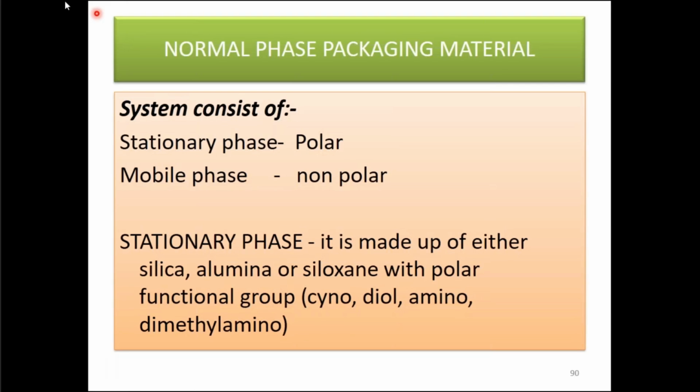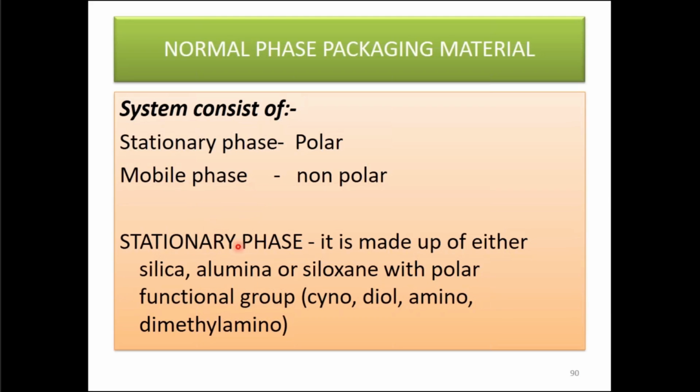So normal phase packaging material. What could be used as stationary phase? When you have normal phase HPLC, the system consists of stationary phase, which would be more polar than the mobile phase. Easy way to remember is, say the stationary phase is polar, mobile phase is non-polar. This is strictly not true always because you may not have a completely non-polar mobile phase. The only necessity is that the mobile phase should be more nonpolar than the stationary phase and should not be